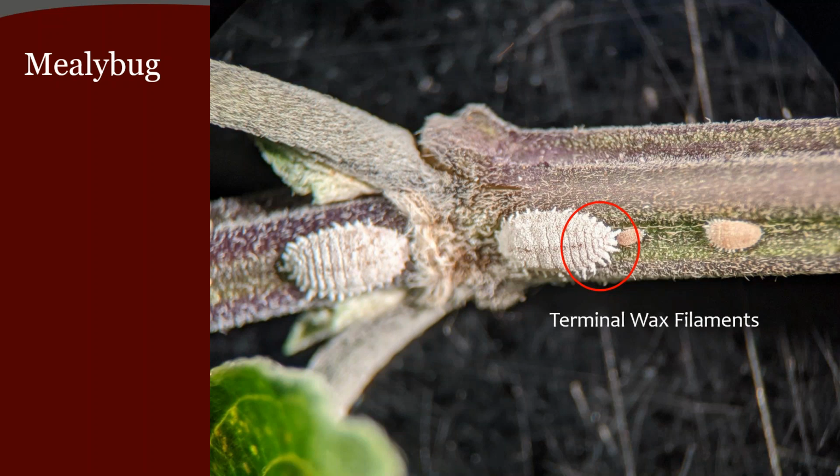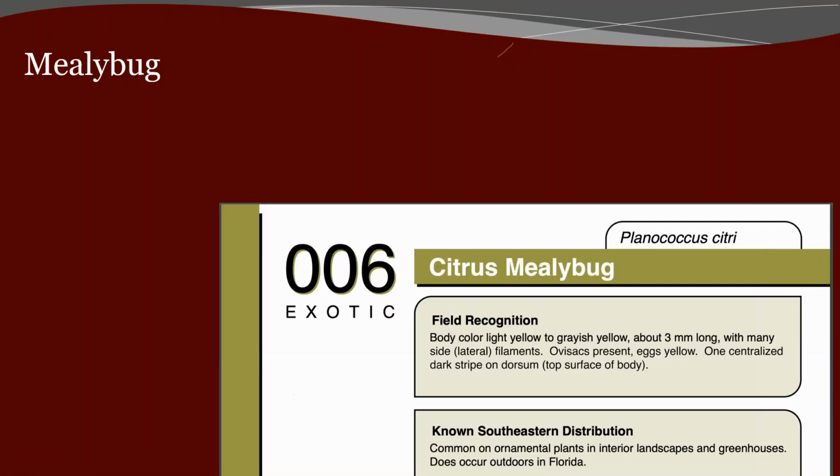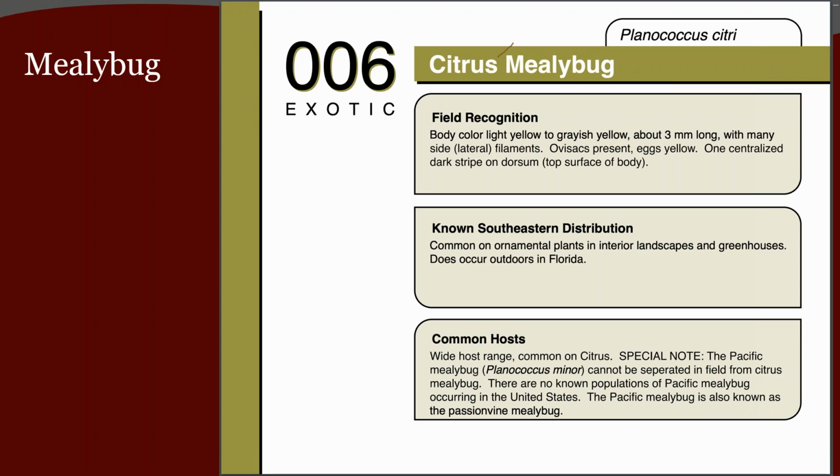All right, so then we also want to look at the terminal wax filaments, right? So again, here you can see it's relatively even. They're not long, they're not super long, they're relatively even. So again, using those kinds of features, you can go on to the next slide. Based on that guide, it kind of concludes we're looking at the citrus mealybug. And if we go on to the next slide,